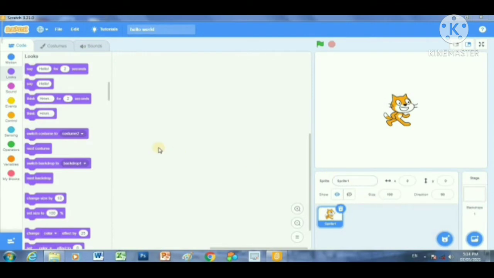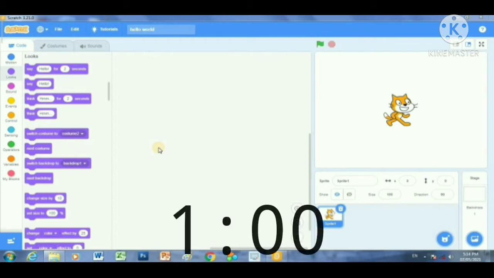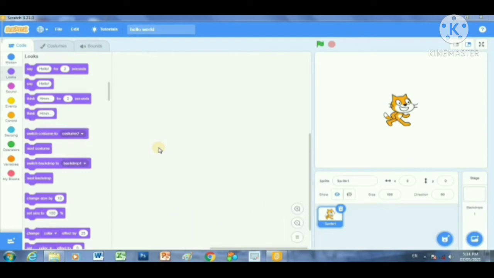So today we are going to make a simple hello world input and output program. Some of you might know what inputs and outputs are. Congratulations, you're officially smart. You can go to the timestamp that you can probably see on the screen. For those who don't know, input is basically when you give some information to your computer, and output is when the computer gives you the result.